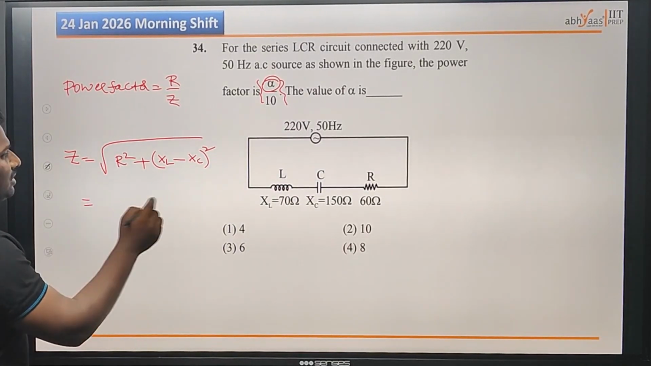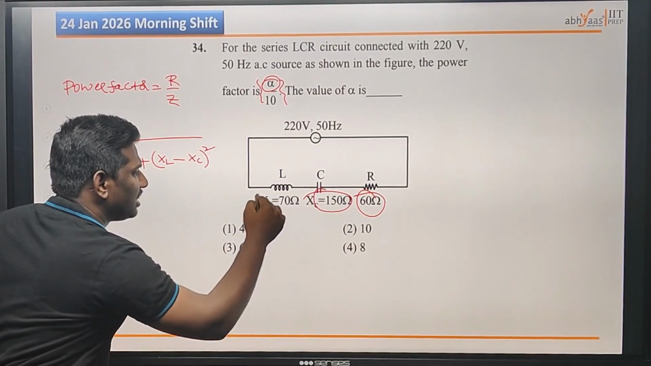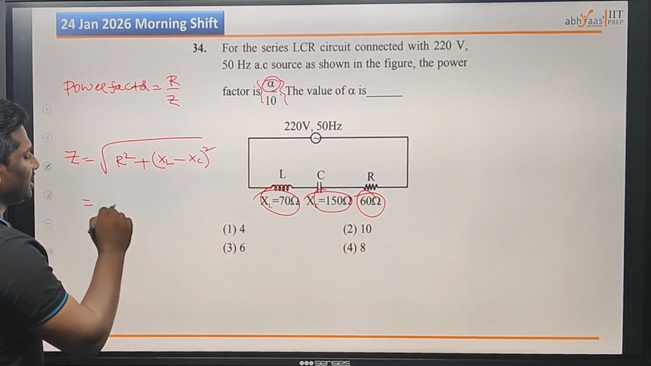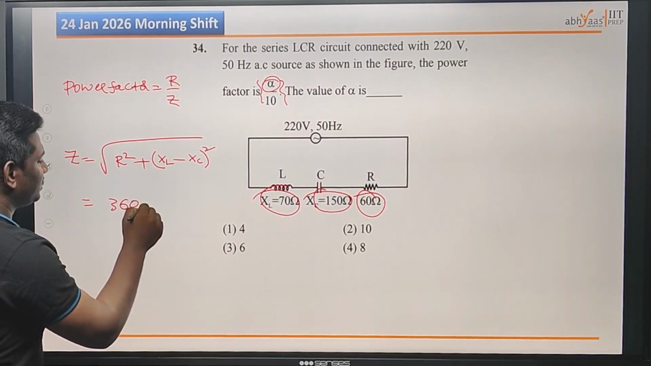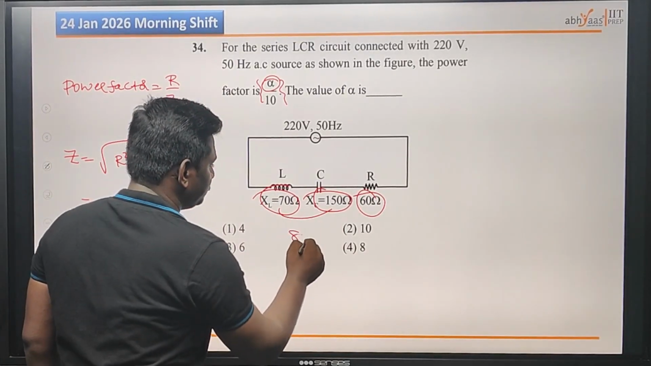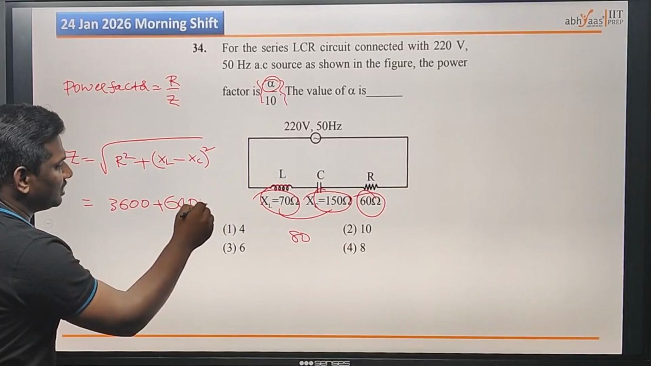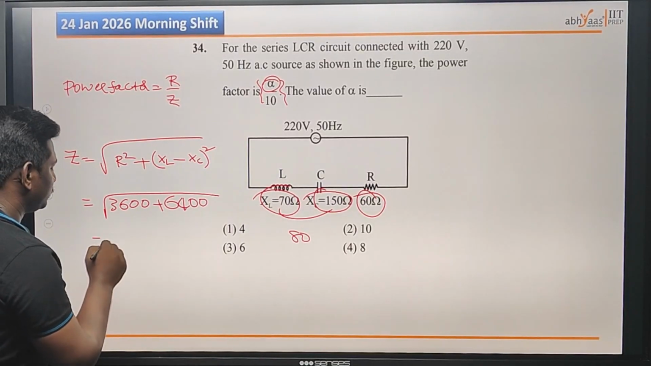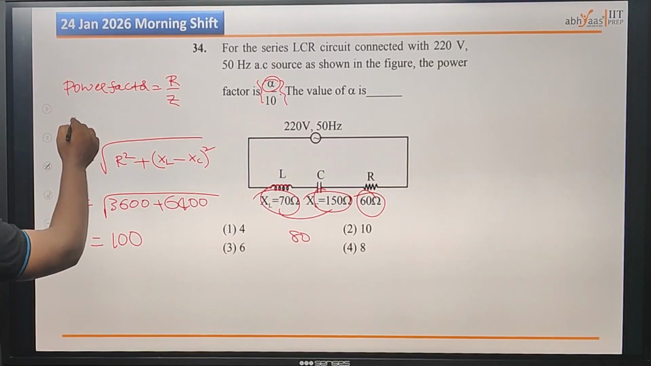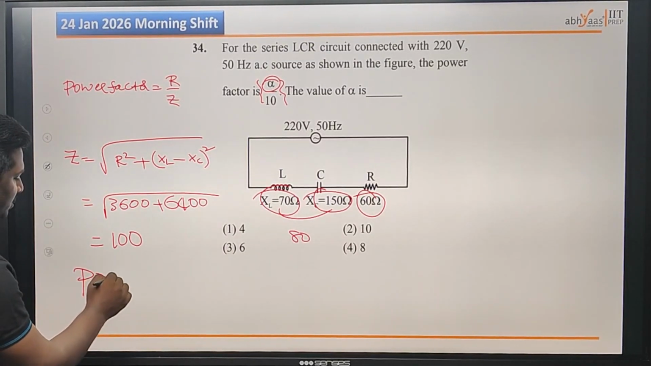So R square, R is 60, XL, XC. R square is 60 squared, 3600. XL minus XC, you will get 80. So 6400 and a root. From this you are having 100. So impedance is 100, and power factor is nothing but